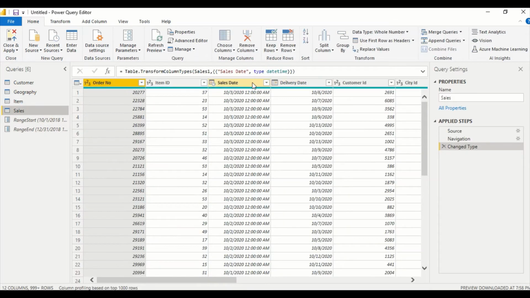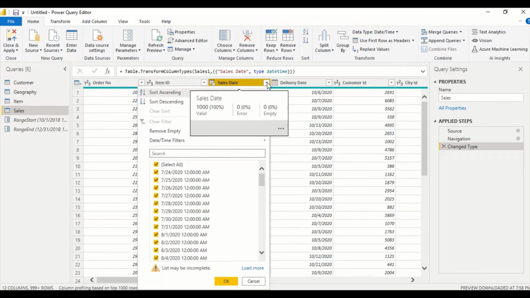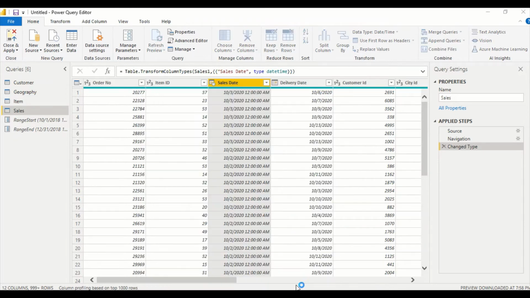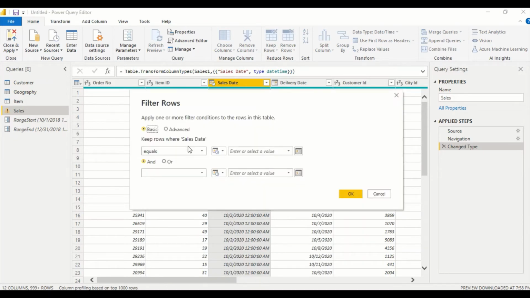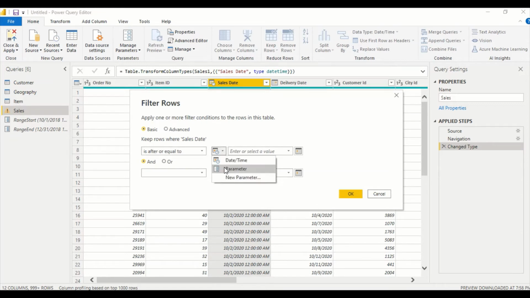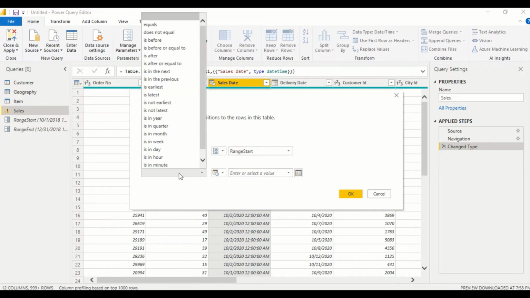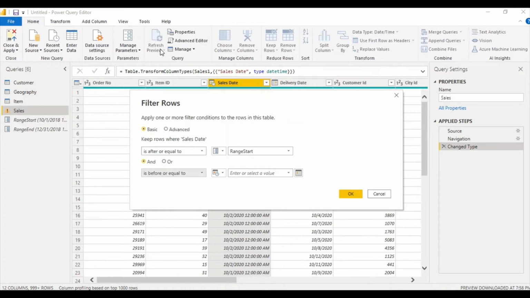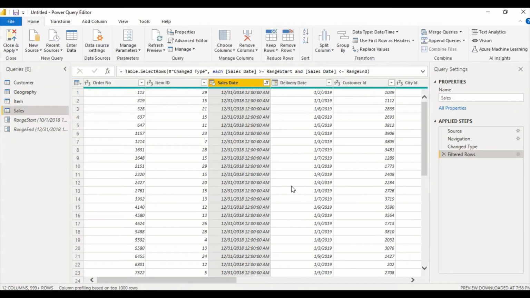Now what I'm going to do here is I'm going to apply these parameters on this sales date. So how to do that? Click on this arrow key, go to date time filters, say custom, and this is also required for your incremental load setting. If you are trying to do your incremental load setting, these are the same steps you require for that. So I say is on and after, and here I choose parameter and RangeStart. It's automatically taken. Now here I go is before and equal to, I again say parameter, and it's going to take RangeStart. I'm going to move it to RangeEnd. I say okay. It will refresh my data, and I say close and apply.